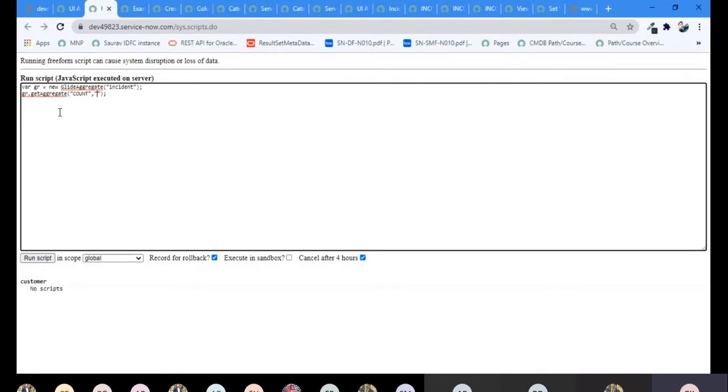So whatever syntax you used during add aggregate, you will use similar syntax during get aggregate.